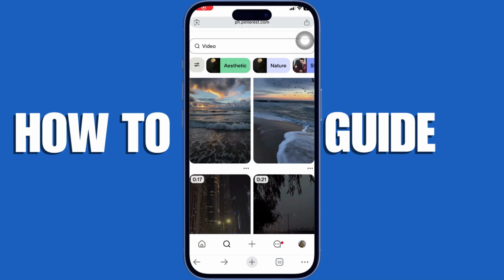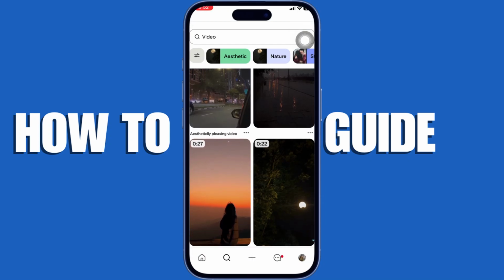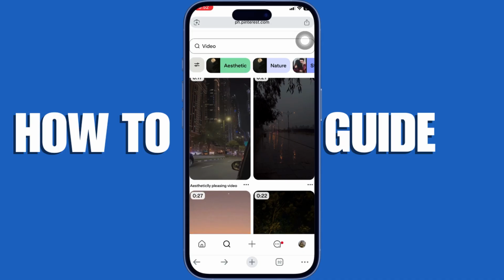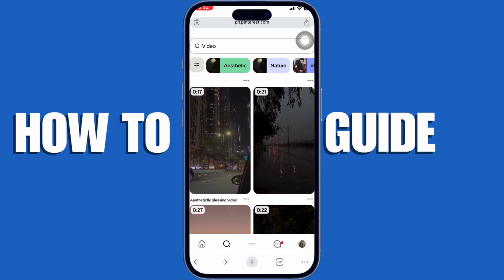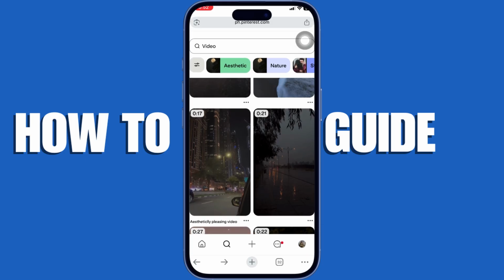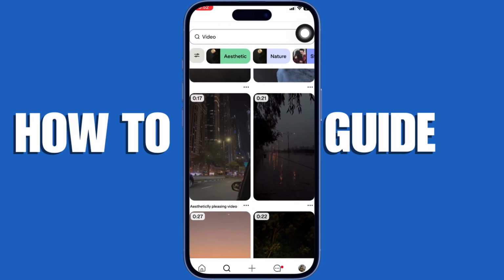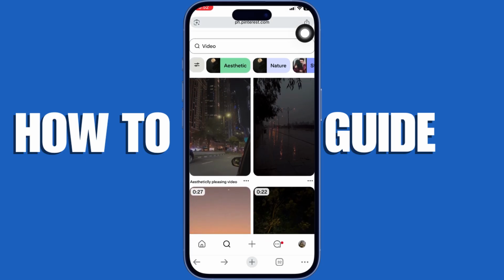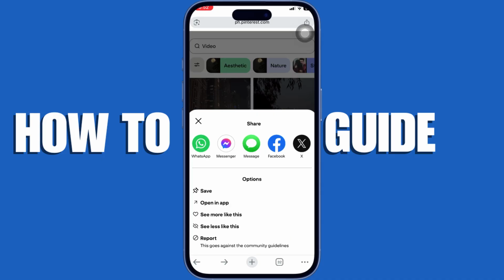We guide you through how to download video from Pinterest quickly and easily. So the first thing you need to do is to open your Pinterest app or go to pinterest.com and find the video you want to download. Tap on the video, open it full screen, then press the three dot icon at the top right corner and